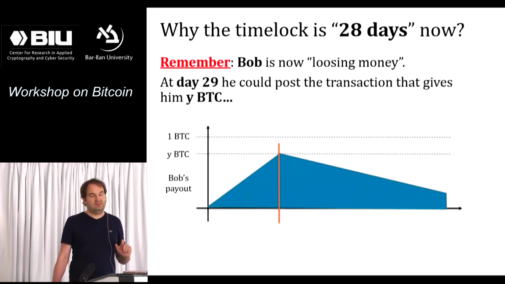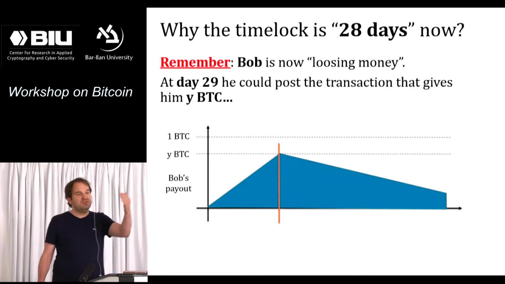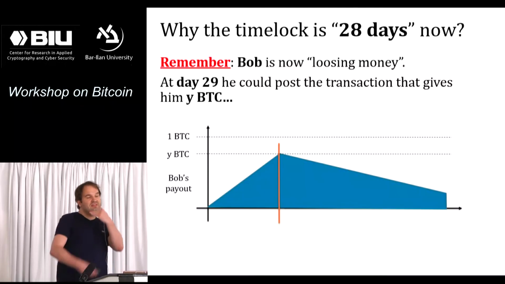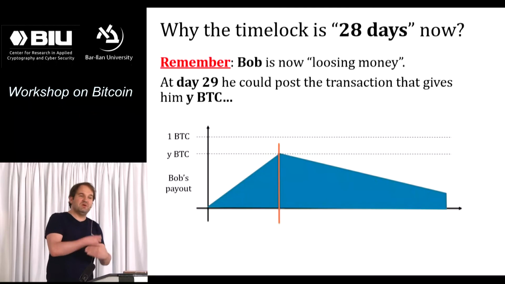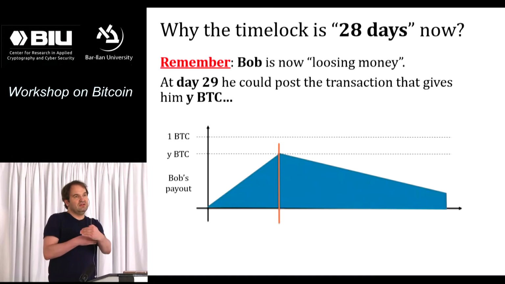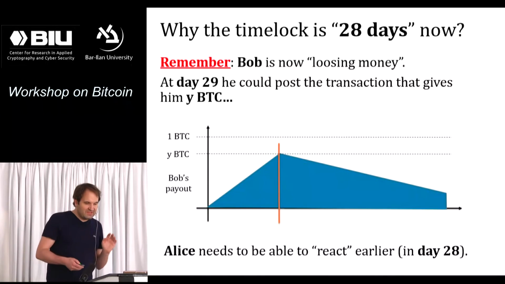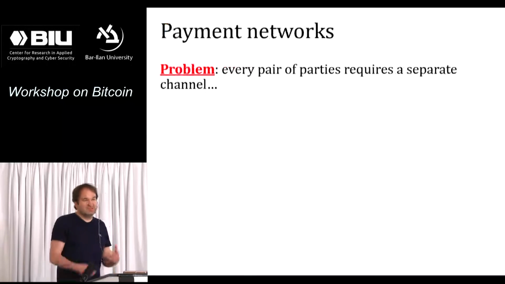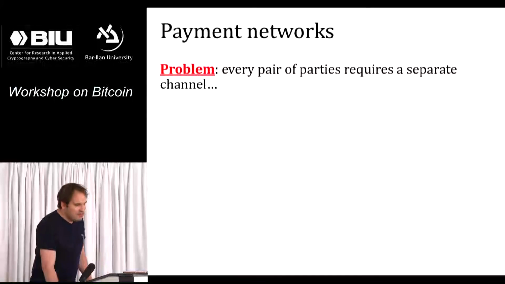We have to decrease the time limit because the interests are inverting, so we have to give the other party a chance to post a transaction that's best for her, informally speaking. So that there is time to react. Okay, and then